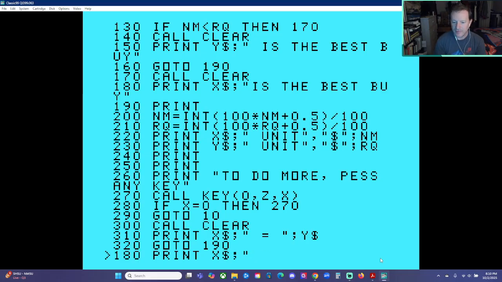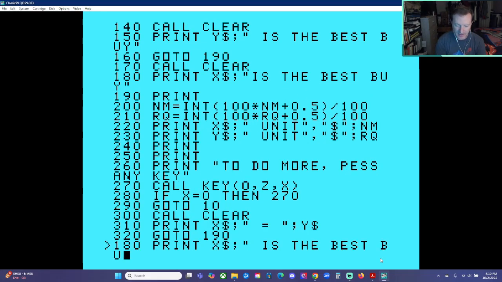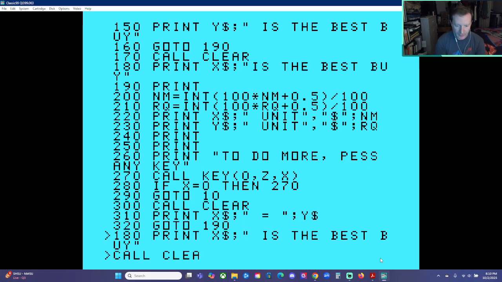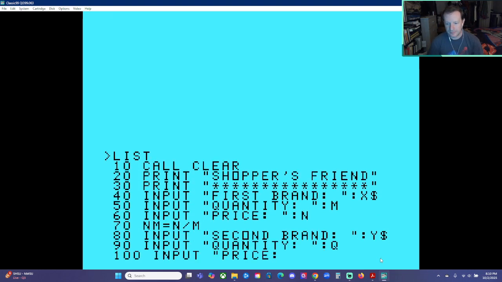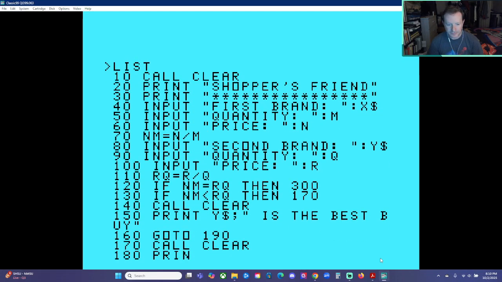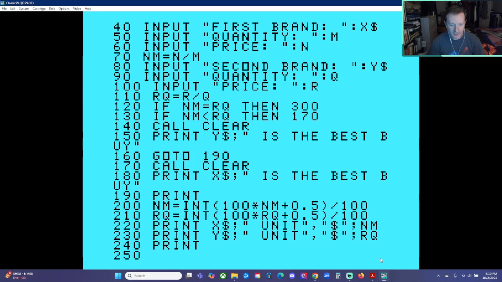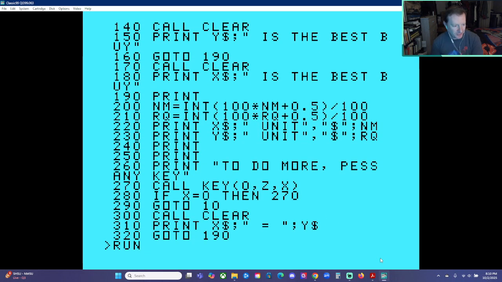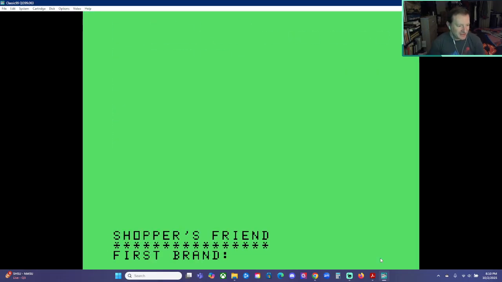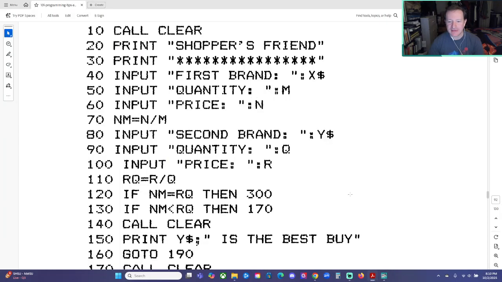Okay. Space is the best buy. Okay. Let's list out the program again. Okay, now let's run it again. We'll use the same example from the book one more time, and then I'll pull up my phone and we'll do a little shopping for some product and see if we can embarrass the more expensive product here using TI Basic. So it was Post, quantity,